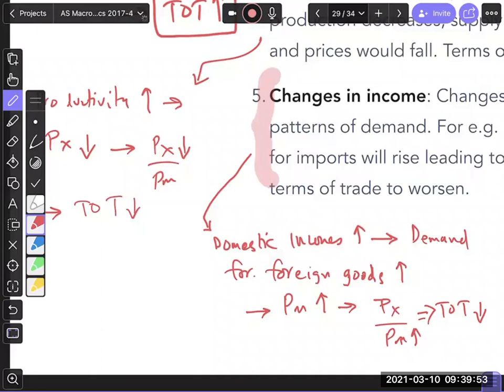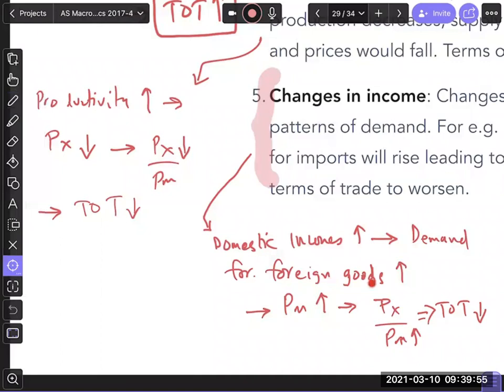I mean, if you look at it from the perspective that people buying more foreign goods is good for the standard of living, maybe yes. But if you look at it from the perspective of our country's trade position, people probably are buying fewer domestic goods and more foreign goods and so on. Make sense? Are we good? So changes in income could also have an effect.